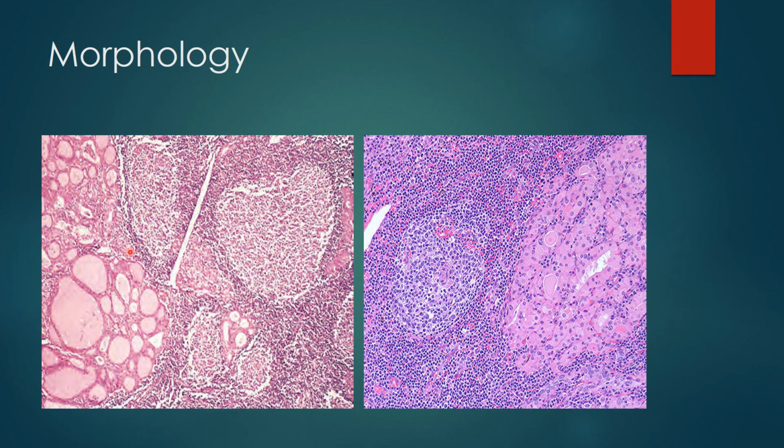Like in these slides, you can see this is the thyroid gland showing multiple lymphoid follicles. These are basically lymphoid cells. This is a lymphoid follicle. This is the germinal center. The paler area represents the germinal centers. The peripheral area shows the boundary of the follicles. In this slide, this is a germinal center. This is a lymphoid follicle. A follicle shows the darker area and the central paler area. The central paler area is the germinal centers.